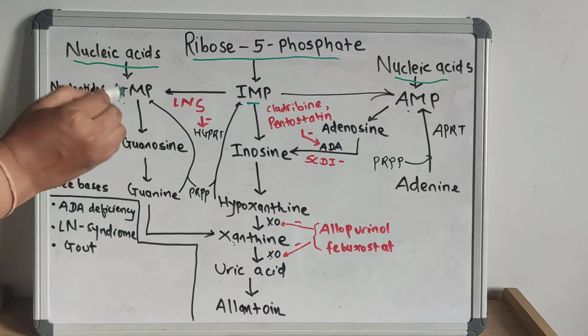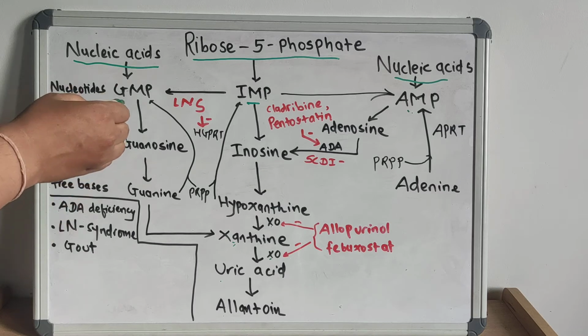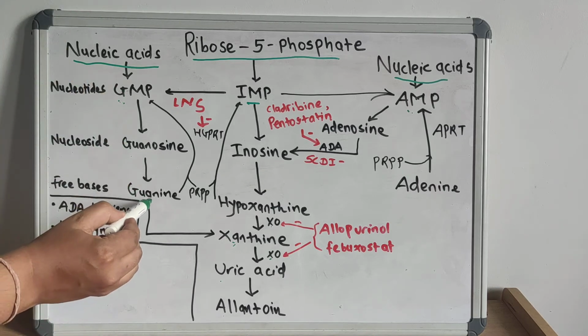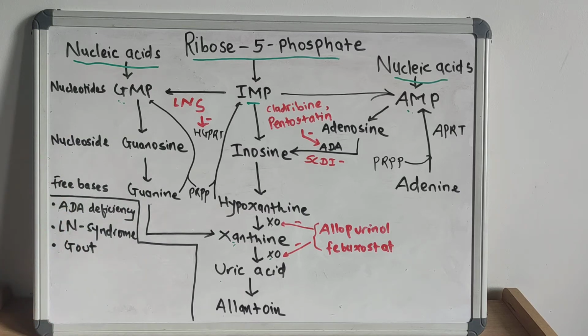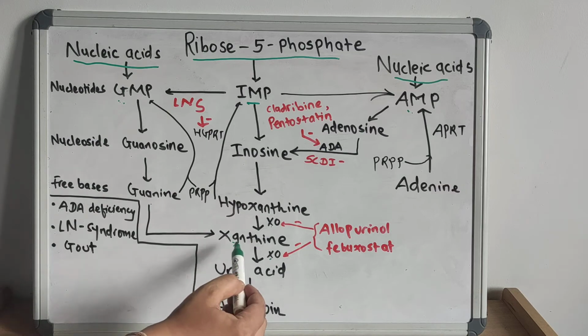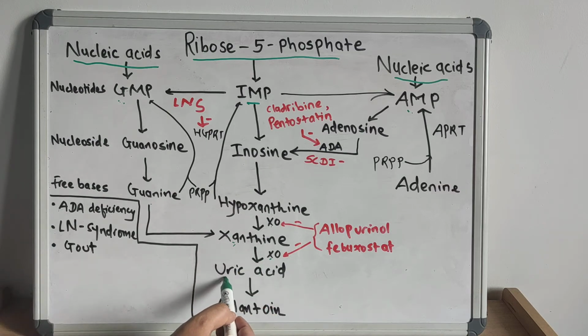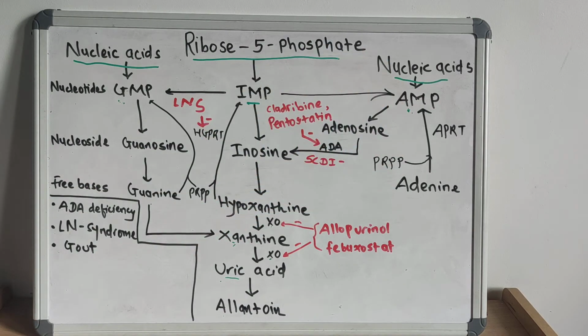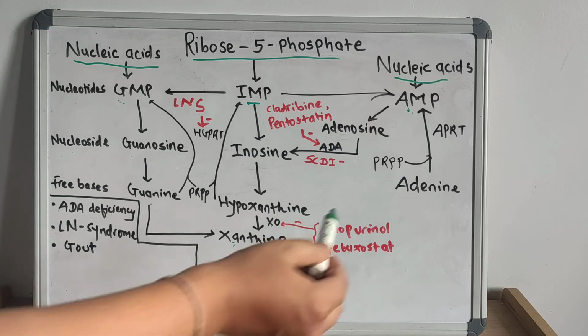So guanosine monophosphate is a nucleotide. It can be converted into guanosine, which is the nucleoside. Then it is converted to guanine, which is the free base, and the guanine is converted into xanthine, and by xanthine oxidase it is converted to uric acid. Then it is excreted. On the other hand, for adenosine monophosphate, there is a unique pathway where the adenine is